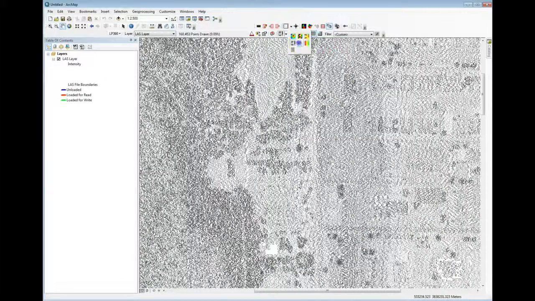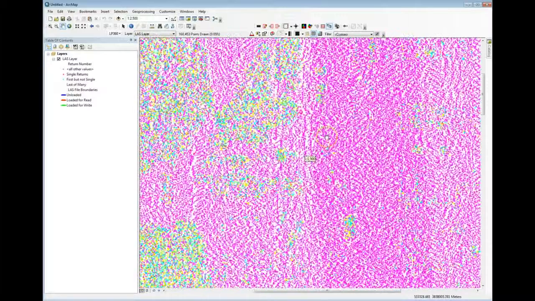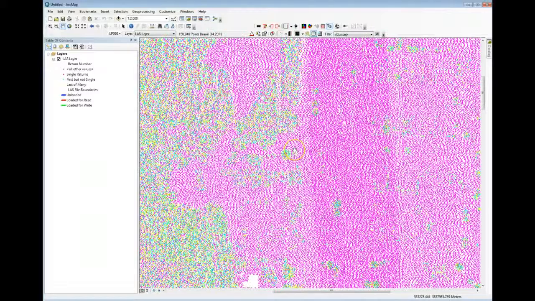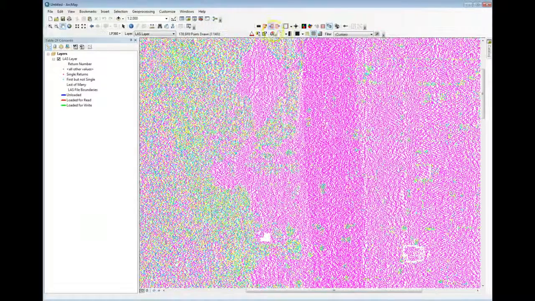We can display by return combination. This is very important in a lot of LiDAR analysis. So I've got different returns being shown in different colors. I could display by point source, and if I had an image loaded, I could also colorize the LiDAR data, or actually if I